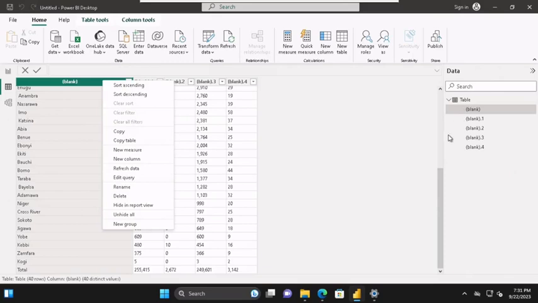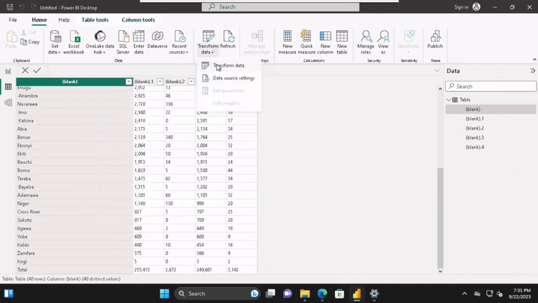The query in Power BI is not the same as query in SQL. In SQL, you write queries, right? But here the queries are seen more like tables. Let me put it that way. So you can transform the data. So we just transform data,